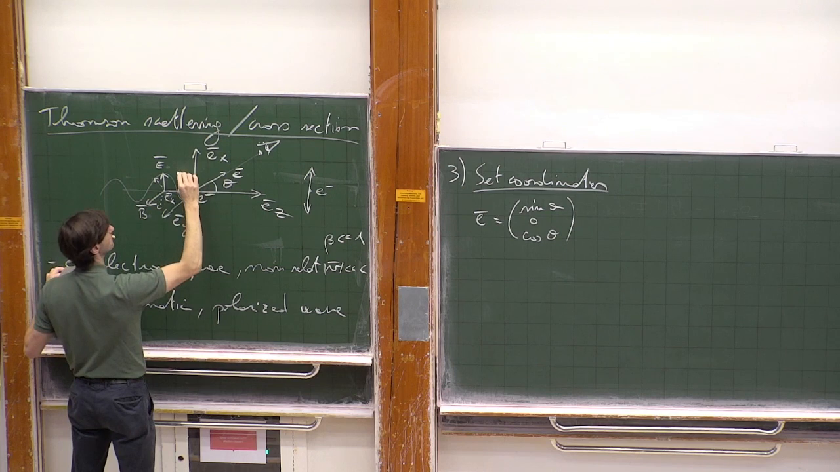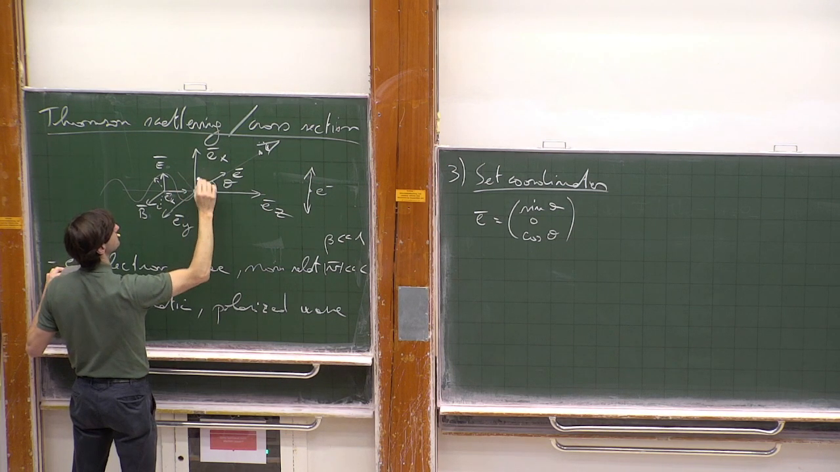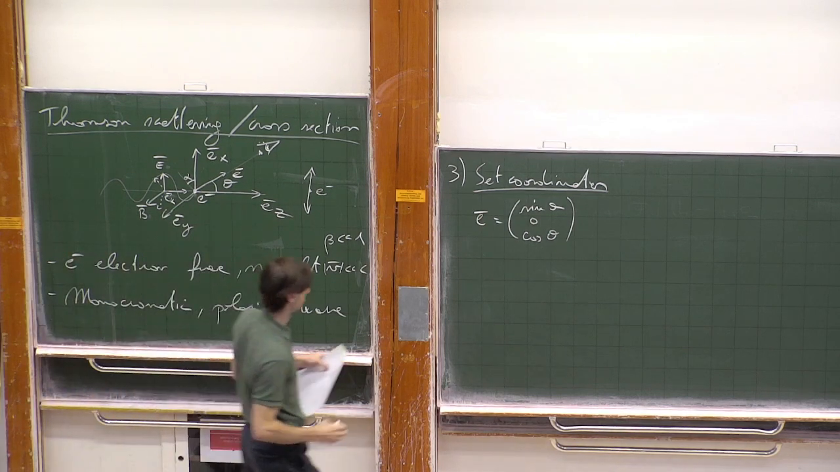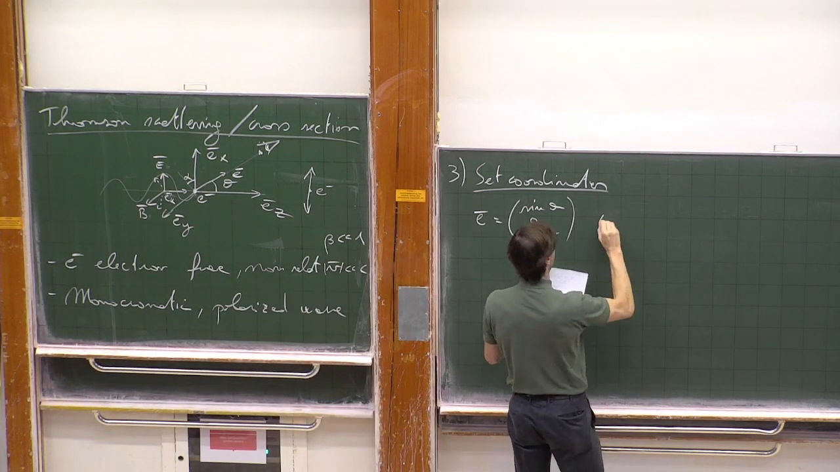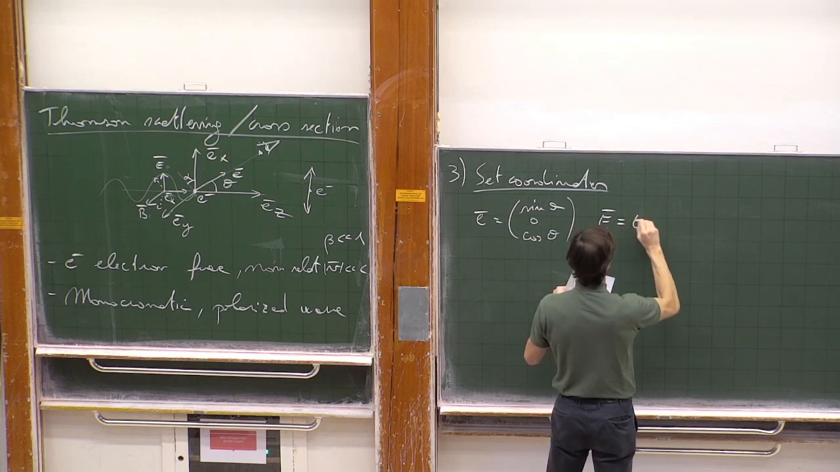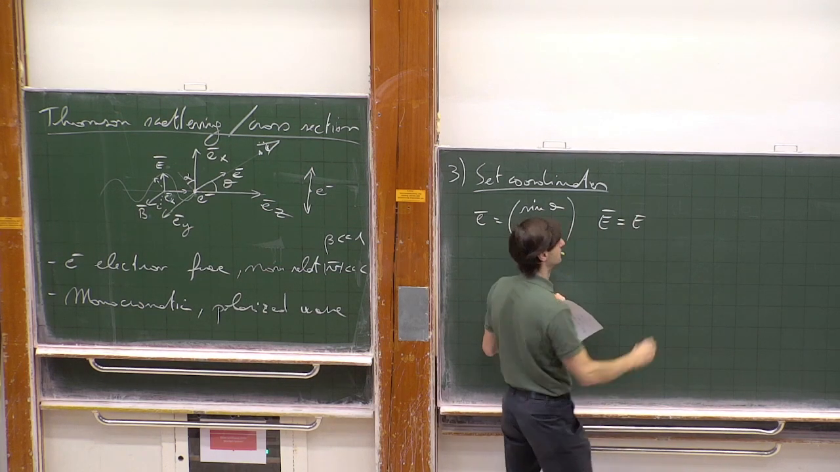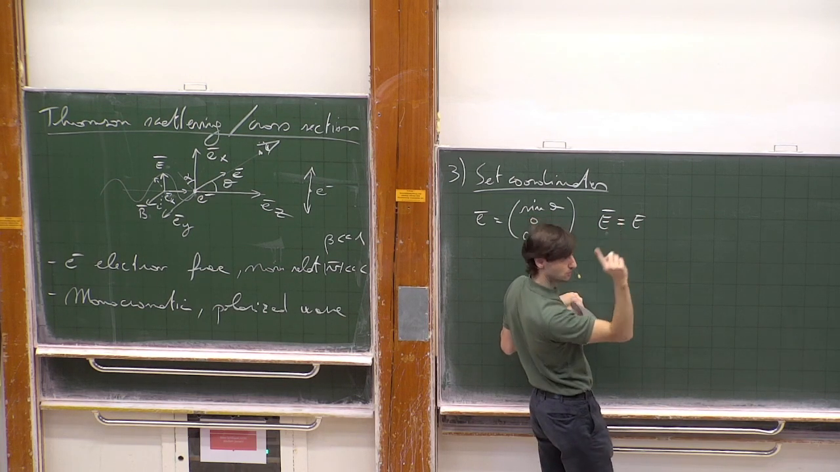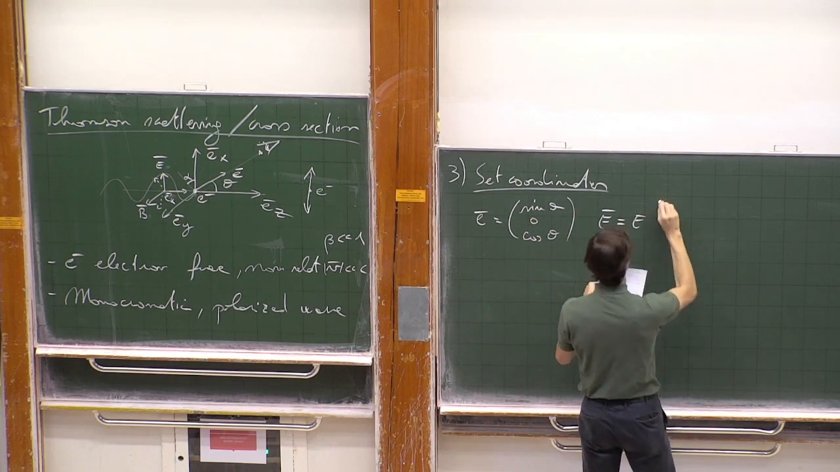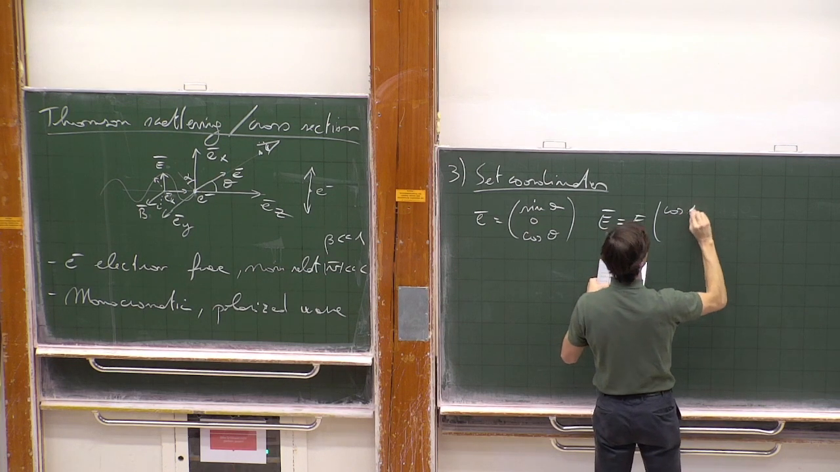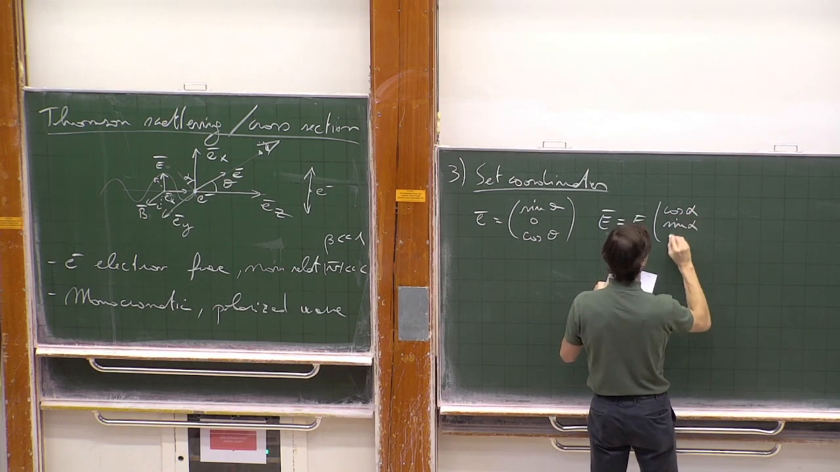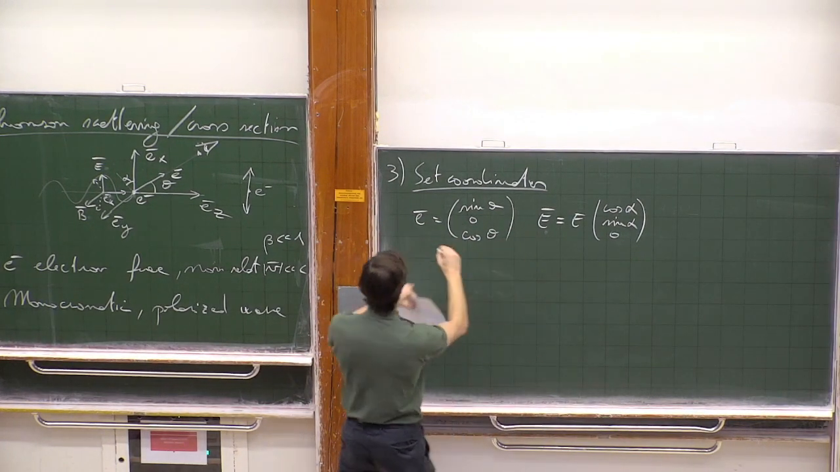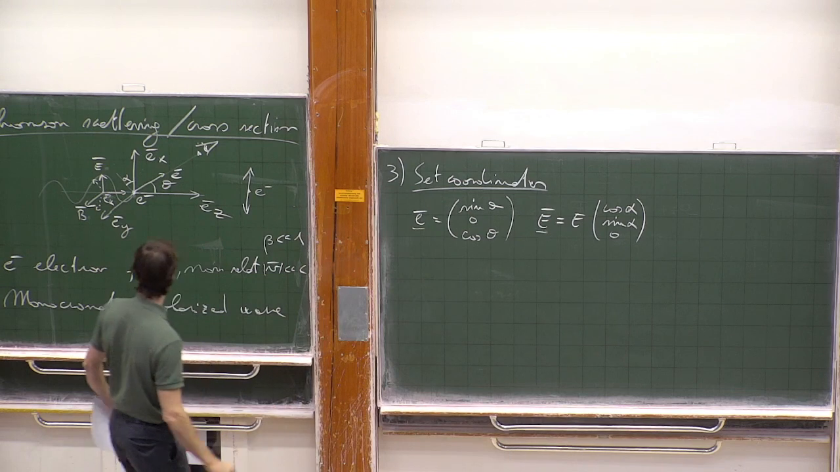Let me draw it here. Let's say that now this is the polarization angle, alpha. That we will need later on, because it defines the orientation of the electric field. It tells you where the electric field is oriented. Therefore, we are going to have cosine of alpha, sine of alpha, and 0. Now that we have the electric field,